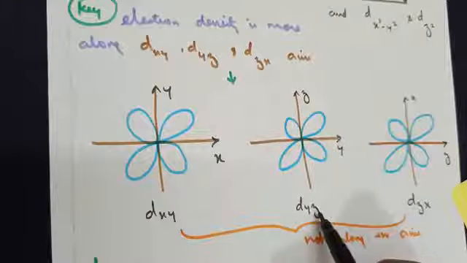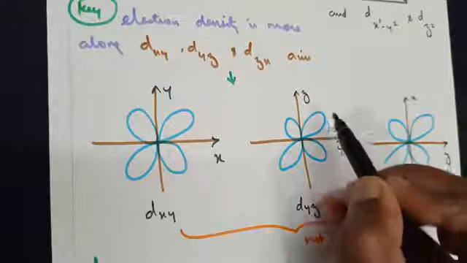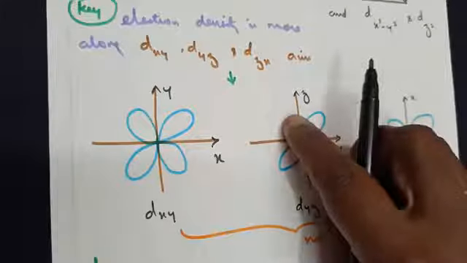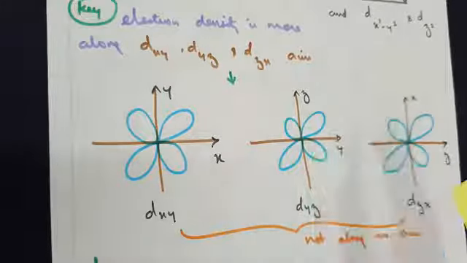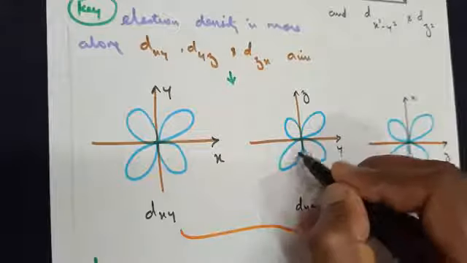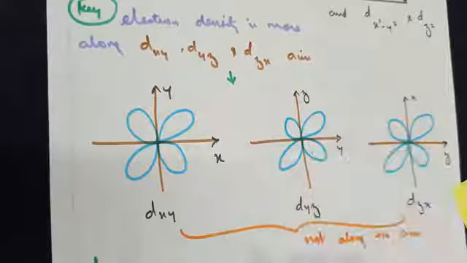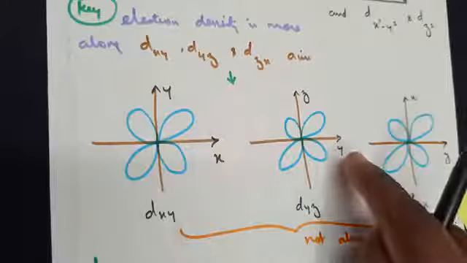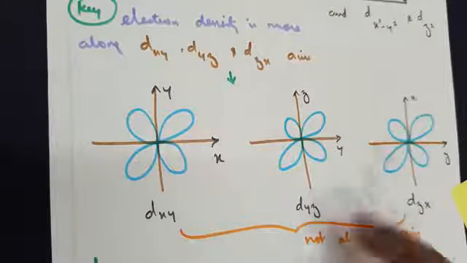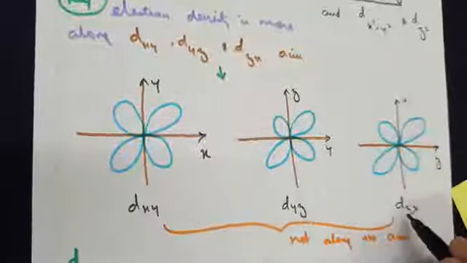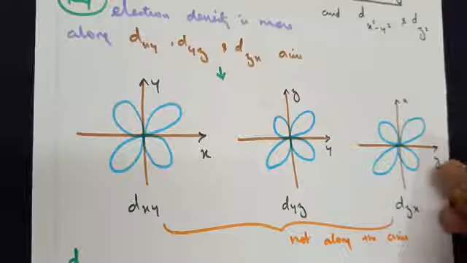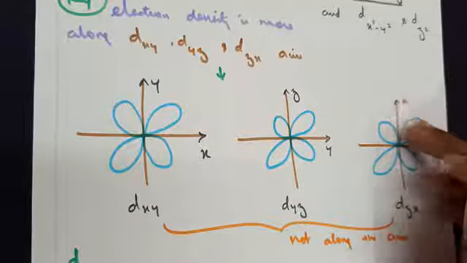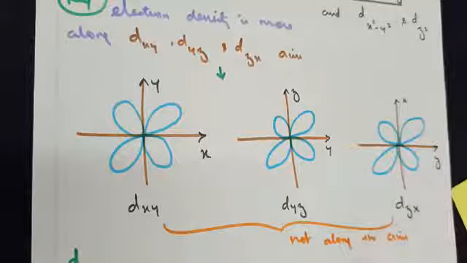Similarly, dyz: when you plot the y axis and z axis, here again the diagram should be equal, each lobe should be equal to one another. One pair of lobes here, another pair of lobes here. So between the x and y axes electrons are found. Here also between the y and z axes electrons are found. When you write dzx, here again the z axis and x axis, in between the plane the lobes should be drawn.